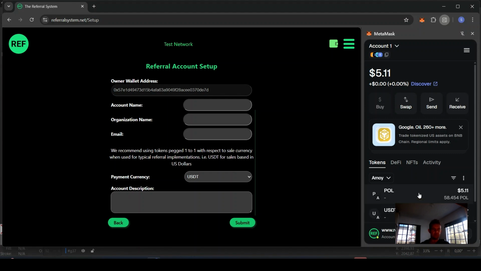But you will need these two tokens: the native blockchain currency for gas fees and so on, and the currency that you are going to pay referral fees with. Okay, so you may be asking, where can I get those currencies? Well, on the main blockchain, you will be able to buy them via MetaMask. You can go ahead there and click buy, and you should be able to buy both the Polygon Ecosystem Token and more than likely USDT and the other tokens that are available